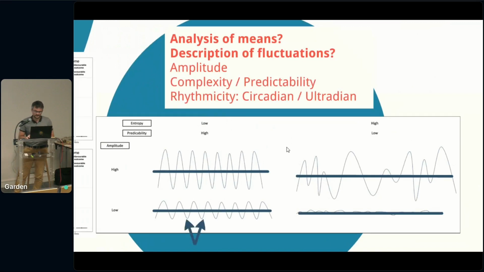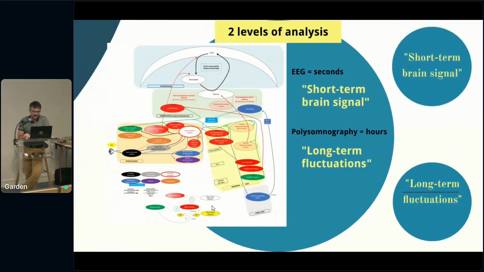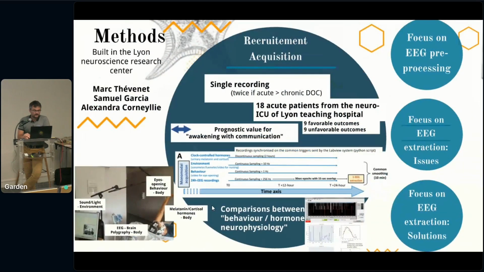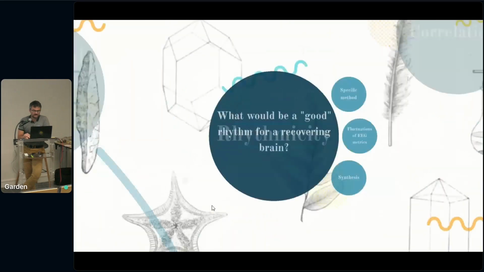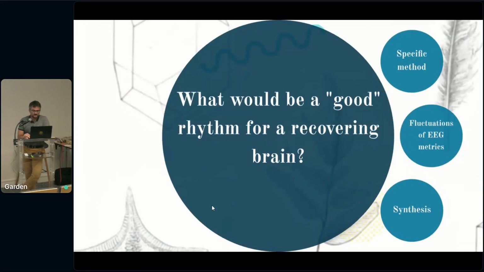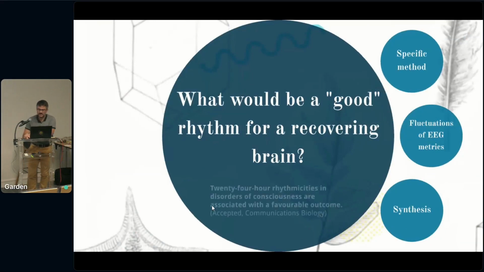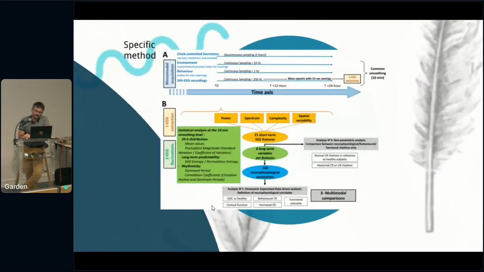We also analyzed the rhythmicity of the signal by the probability of fitting with a circadian or ultradian pattern. The circadian is 1 fluctuation in 24 hours, and the ultradian pattern is several fluctuations during 24 hours. So now some few results to know what it can provide. First, what would be a good rhythm for a recovering brain? Its results are still in the final review,